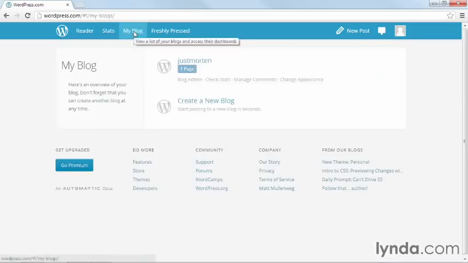You have a button called My Blog that will list out all the blogs you have under WordPress.com, so these are the blogs you manage. You can also hook self-hosted WordPress sites into this same page through WordPress.com, so you can manage them from here